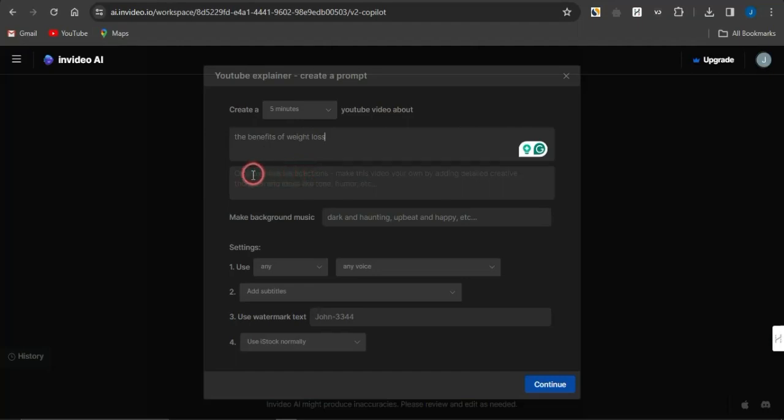You can actually put in optional creative directions which will make the video your own by adding some detailed creative thoughts and ideas like tone or humor. I can actually ask the AI to add a little humor. So once I actually do this right here, the next thing is to actually select the kind of background music. If you want it to be dark, to be haunting, to be upbeat and happy,